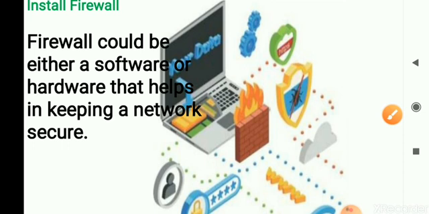Next, install firewalls. Many operating systems have a firewall by default, like Windows, Mac operating system and Ubuntu. All these have the default firewall. Now what is a firewall? A firewall is a software and hardware that helps to keep our network secure. It acts just like a traffic police. It does not allow unauthorized networks to access your computer system. I hope that you have understood what a firewall is.